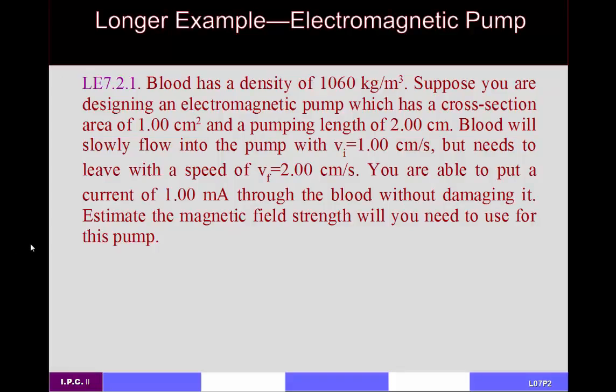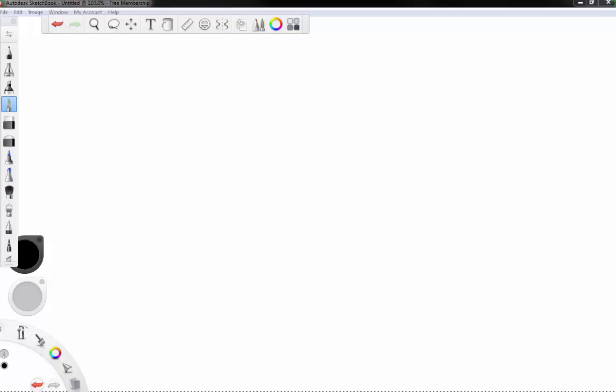I wanted to wrap up with a longer example, and this one is going back to that electromagnetic pump that I discussed earlier. So the question is, what's the magnetic field strength that you'd need in order to use this magnetic pump? What's given is that the density of blood is 1,060 kilograms per cubic meter, and you're going to have an electromagnetic pump whose cross-sectional area